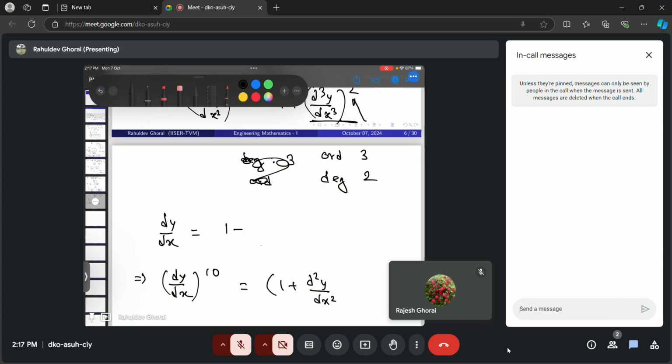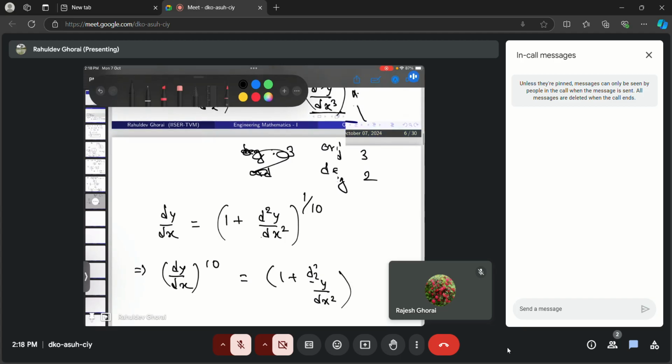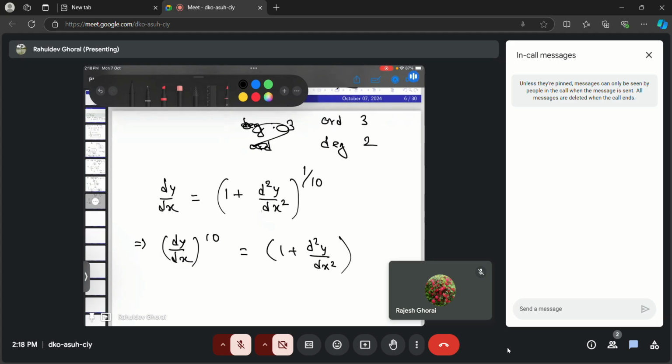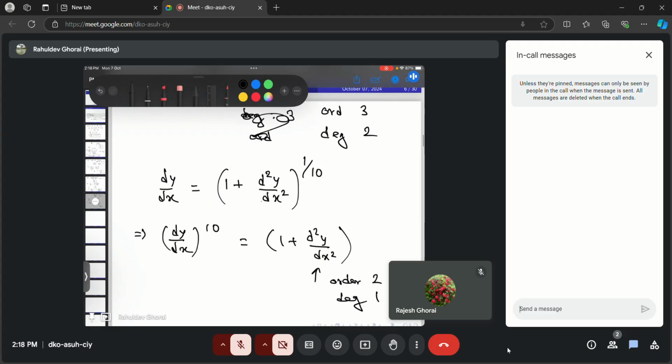So 1 plus d2y/dx2 to the power 1 over 10. It will be like this. Then what will be the order and degree? The order is 2 and the degree will be 1, right? That's how we have to do it. Okay,